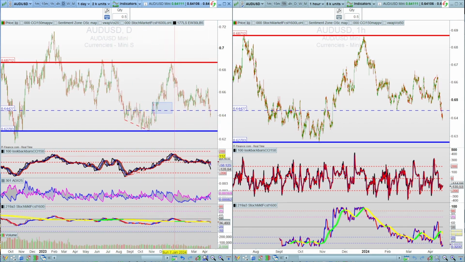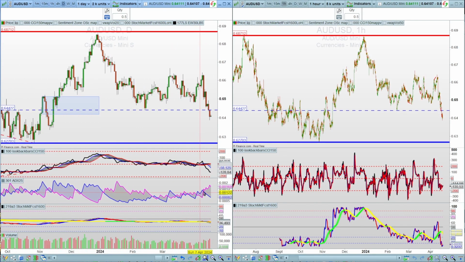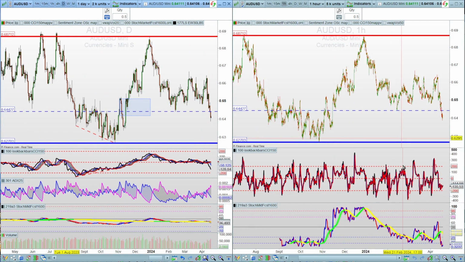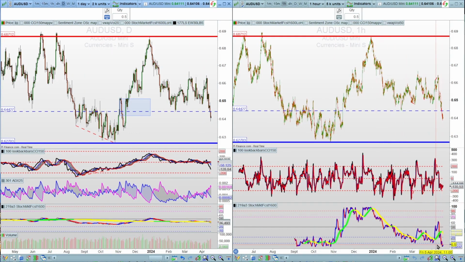There's no divergence on the daily. The ADX indicator is giving us a bearish signal as well. But zooming in on the hourly chart, you can see there it's very much oversold. It's below the 10 level, which is an oversold indicator. You can see there back there it did actually bounce off there after being down there for a number of months actually. Now this could stay down there for a while, so there's no guarantee it's going to bounce tomorrow,